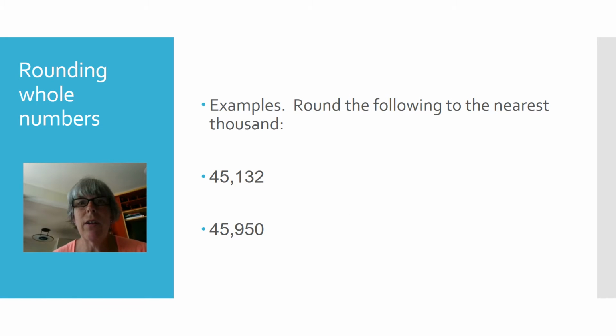So I just want to say a note about rounding whole numbers. I have a couple of students every semester who get a little confused when they round whole numbers. So when we're going to round these numbers to the nearest thousand, for the first one, I'll look at the 1. That means I'm going to round down. Now to round that down, we're going to round to 45,000. The mistake students tend to make sometimes is just rounding it down to 45. And if you think about it, that really doesn't make any sense.